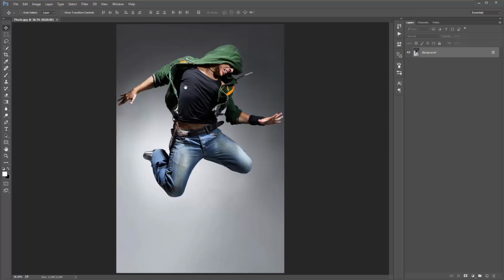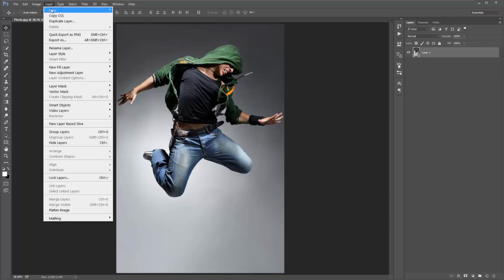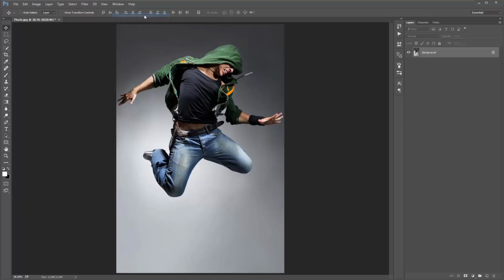So firstly, look into your layer panel and make sure that your photo layer is set correctly as the background, so it should look identical to this. Generally, it won't look like that if you've opened up a photo with a transparent background, like a PNG. So for example, say I just open up my photo, it's called layer 1. I need to set that correctly as the background. So I'll go to layer, new, background from layer,